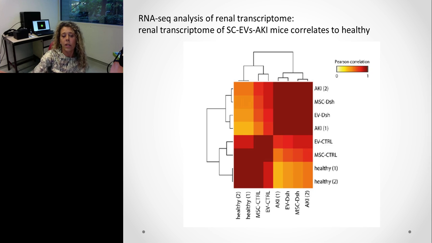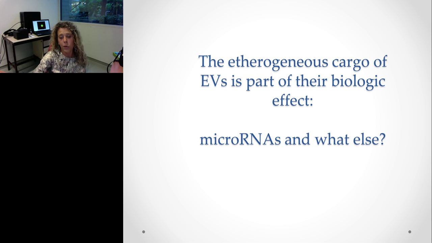So is this just what we can speculate, that microRNAs are the total of the effect of EVs? No. There are for sure also very important other factors, among which we recently studied a protein factor which can